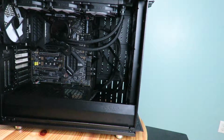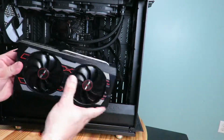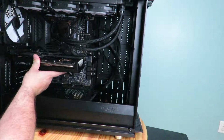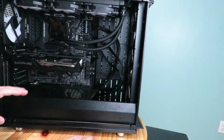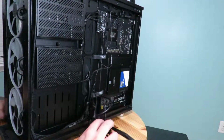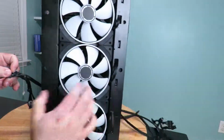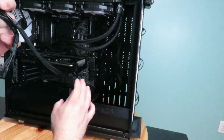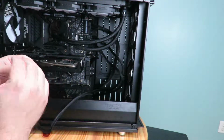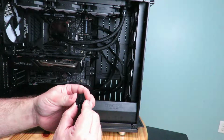Now, since I have been reviewing the Sapphire Pulse 5700 card, just going to go ahead and pop it in right in here. All right, and then I'm going to go ahead and grab that other PCIe cable. Now remember, this is just one cable, so it comes in very handy. So you just put together that